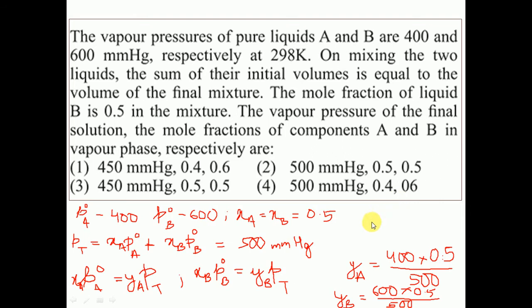Now as we have only these two components in the vapor phase, just like in the liquid phase, we can subtract from 1, and 1 minus YA will give us the value of YB. Fine. So calculating YB would actually be a waste of time in JEE-like entrance exams, because you will have a lot of questions to do, right?